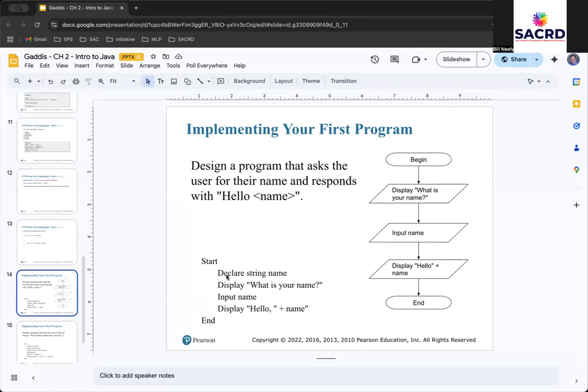So here's our pseudocode. Declare a variable called name of type string. Prompt the user to enter their name, wait for the user to enter, and then display. So we're going to write a Java program that's going to have System.out.println to do this display. We're going to use a Scanner to get the input, and then we're going to use System.out.println to say hello. So let me switch over to